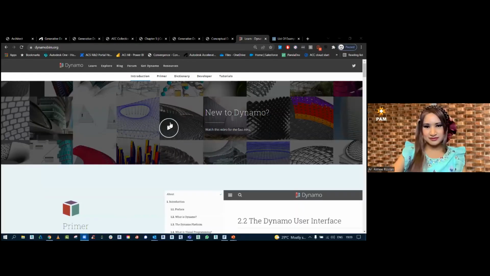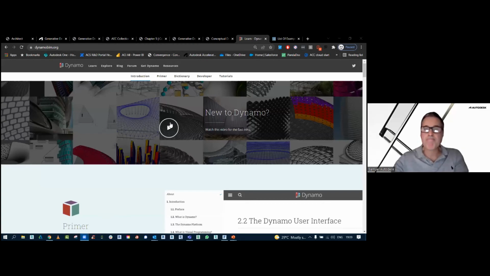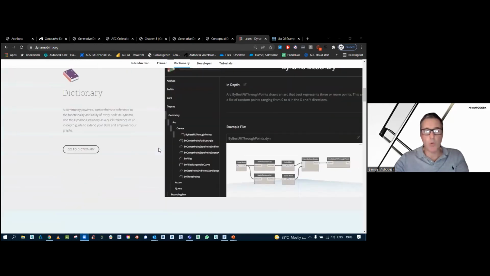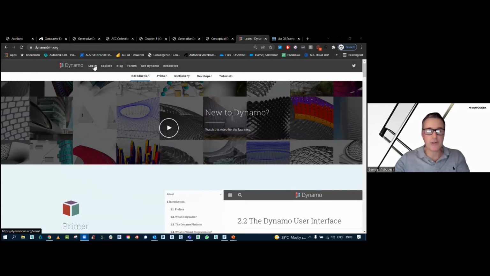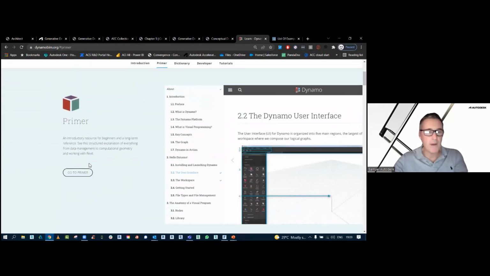I'll just share my screen so you can see it. Is that coming through okay? Yes, it is. So here is the original dynamobim.org. What you'll find is there's a wealth of information here, but quite simply, if you just go to the Learn tool, you'll find there'll be a primer.